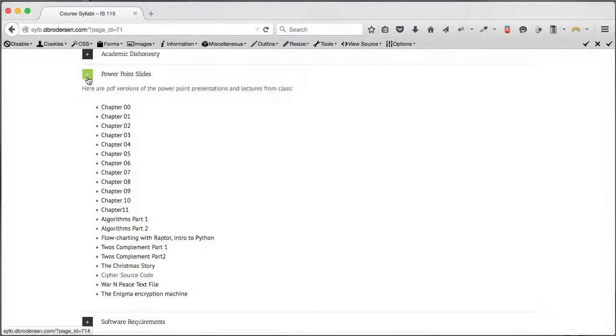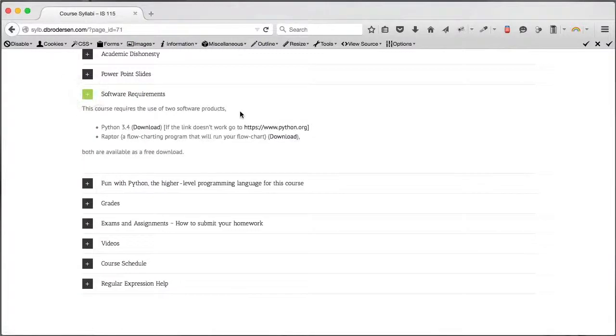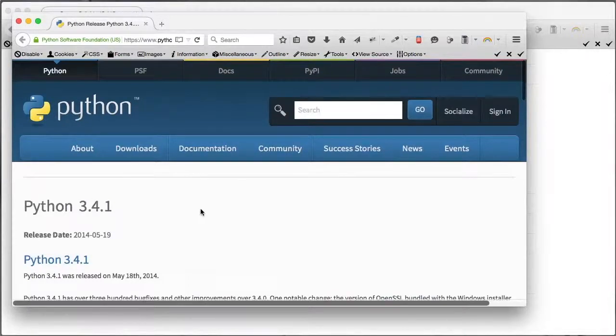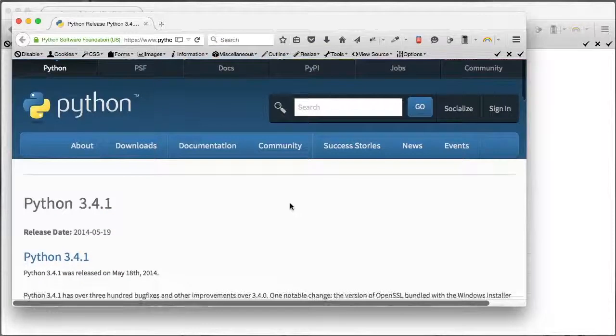They're actually pretty interesting. Software requirements. In this class, you're going to be using Python 3.something. I don't know what release of Python is available right now, what the latest and greatest is, but you'll be downloading it. And if you click on this link here, it will open up a page that will take you to the Python page, 3.4.1 still, all right? And you can go ahead and download this critter from this page.